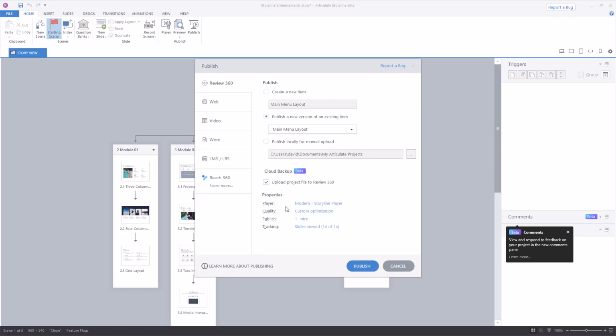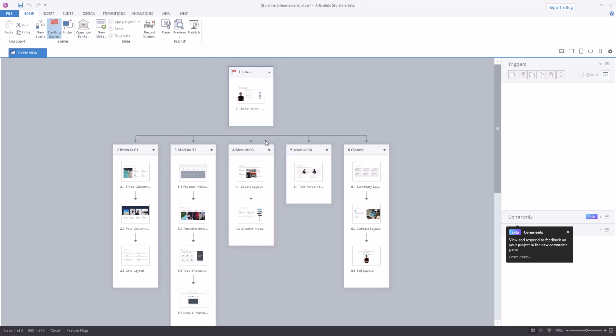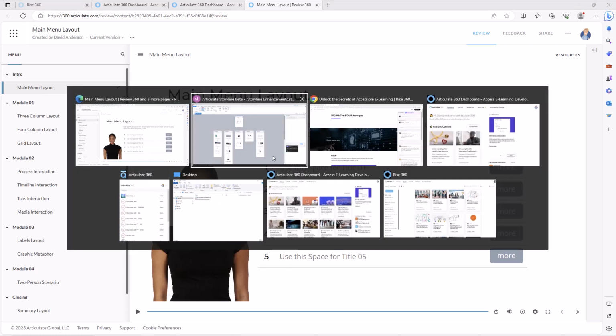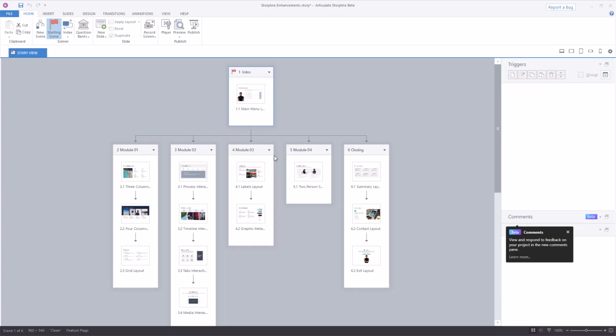So if I make any changes to this and I were to go through this whole process again, let's say I made some modifications, deleted a scene. When I go into review, the current backup, whatever that current backup is, is what's going to be reflected in the file. Review also has multiple versions, so you could always jump back and download a previous version of your file. So it's really fantastic. You have a backup of that always available. Worst case scenario, your computer crashes, anything happens, right? It's multimedia. Anything's possible.